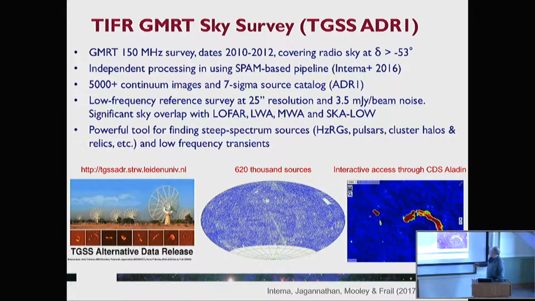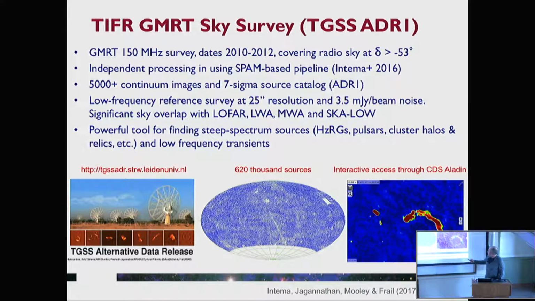The four of us had taken an existing survey that had been done at 150 megahertz, which is a very low frequency, I remind you. The survey had been done in 2010, 2012 on the GMRT, but the team ran into some serious technical problems and weren't able to process the data sufficiently. I think they had released 10% of the catalog. So we went in with our own new algorithms for handling the ionosphere at these frequencies, and we grabbed this data from the archive. We processed all 5,000 pointings, and we put the catalog out there and made it available.